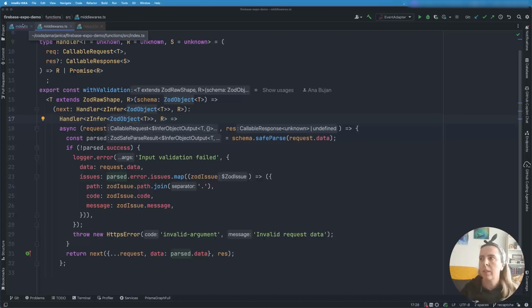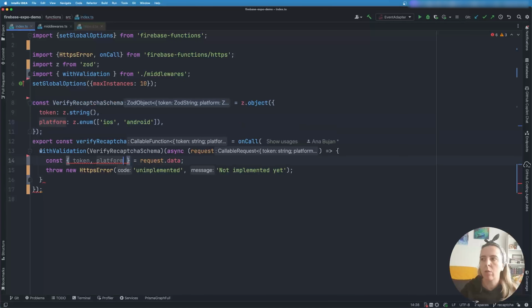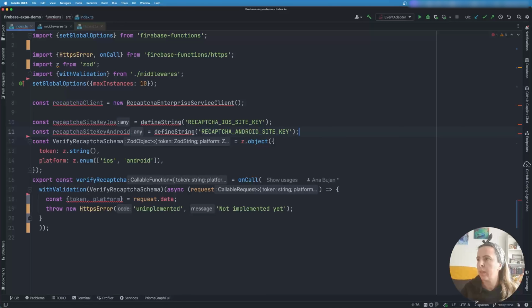So how does it look in the function? I define a schema, I expect the token to be passed and the platform. I don't need to worry about that validation logic, I just hook the middleware in here. And request data knows how to infer the type of the schema. Now let's suppose that the validation passed. I need to